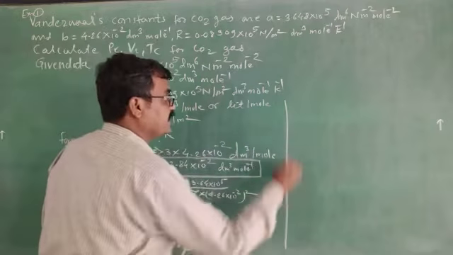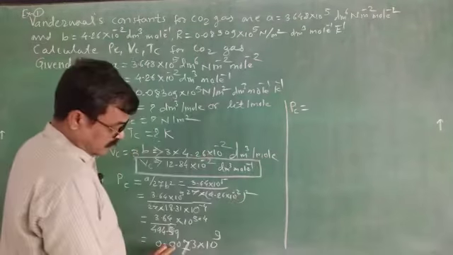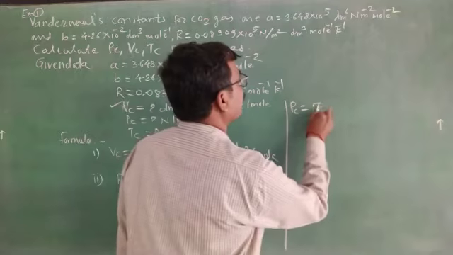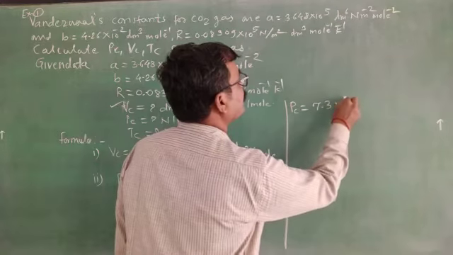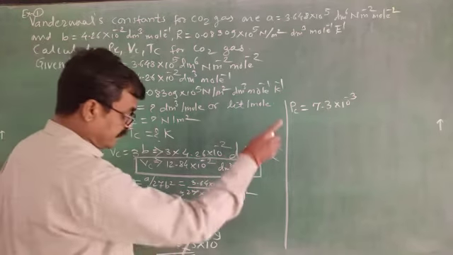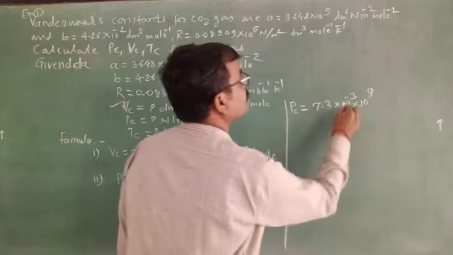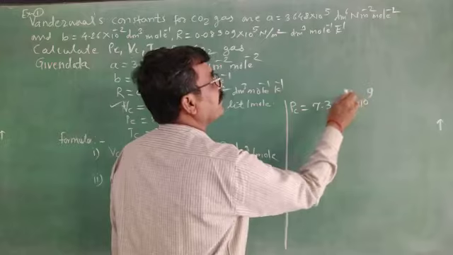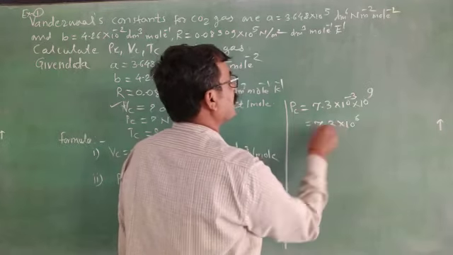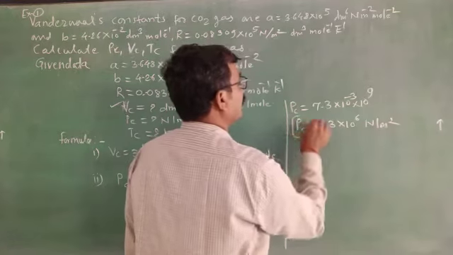Further, what is the value of PC? PC is equal to, now if you rearrange this, it may also be written as 7.3 into 10 raised to power minus 3. Okay, 0.0073 means 7.3 into 10 raised to power minus 3 into 10 raised to power 9 remains as it is. Again 9 minus 3, it will be 6. That's why 7.3 into 10 raised to power 6, so many Newton per meter square. It is the value of PC.